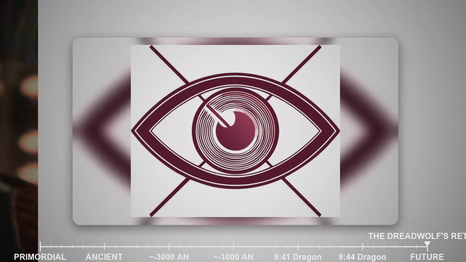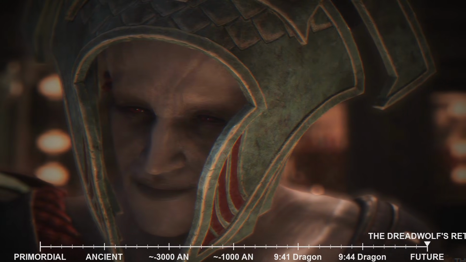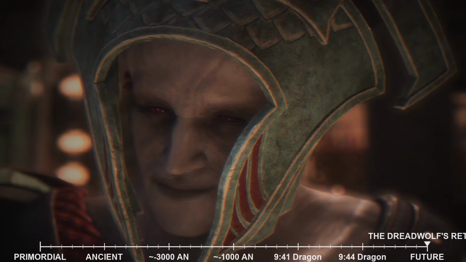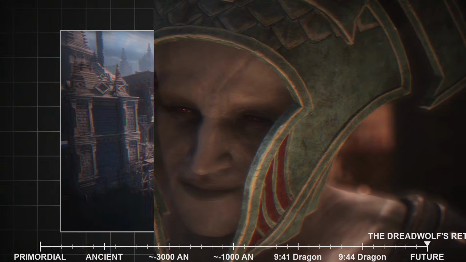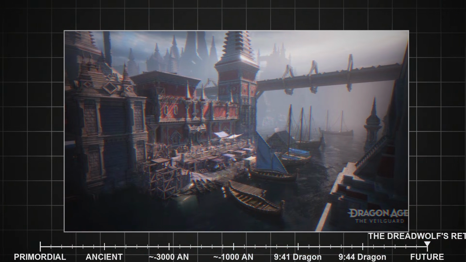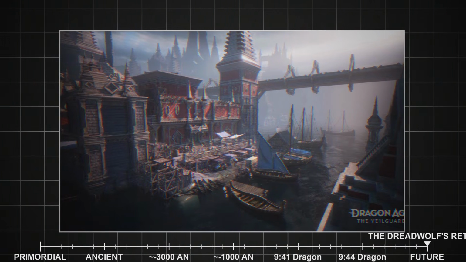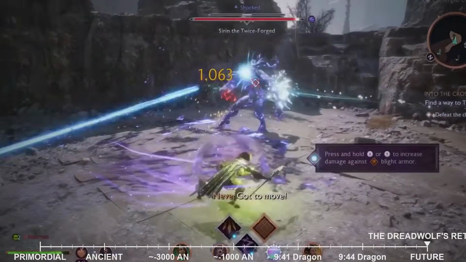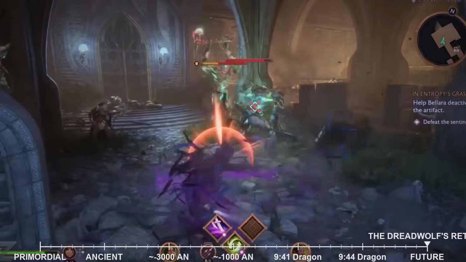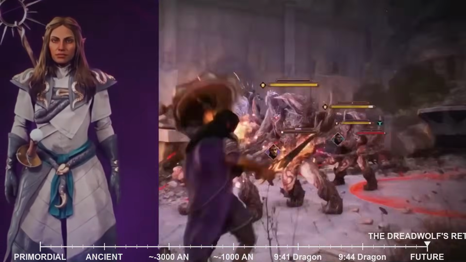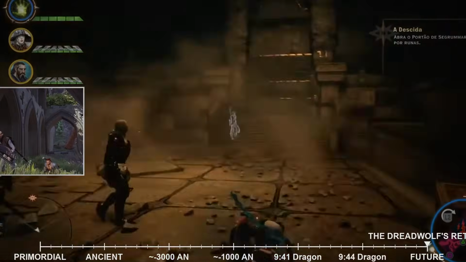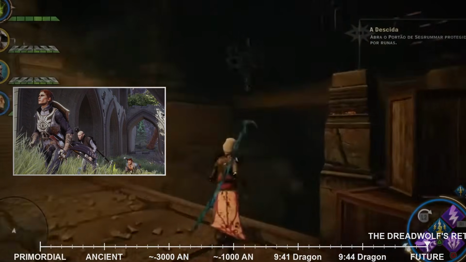Are they simply observers, or do they have their own agenda, perhaps even manipulating events for their own ends? Their involvement could introduce an entirely new faction to the already complex political landscape, one that might be even more dangerous than the Qunari or the fractured Tevinter Magisterium. The protagonist will need to unravel their secrets and understand their objectives to prevent them from becoming an even greater threat. As is tradition in Dragon Age, the protagonist will not face these daunting challenges alone.